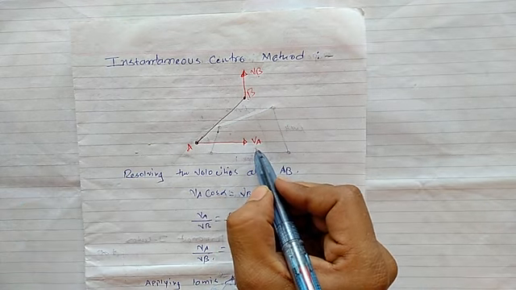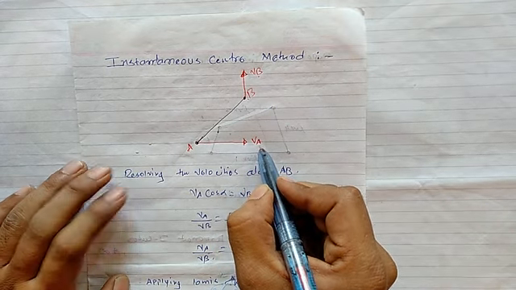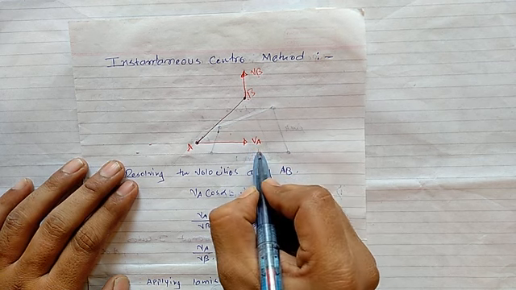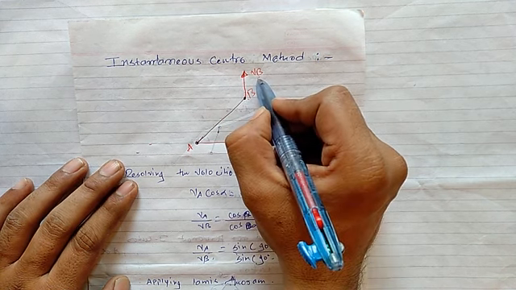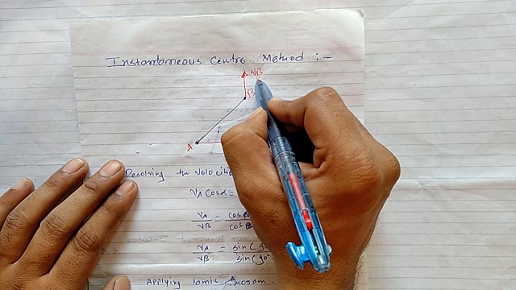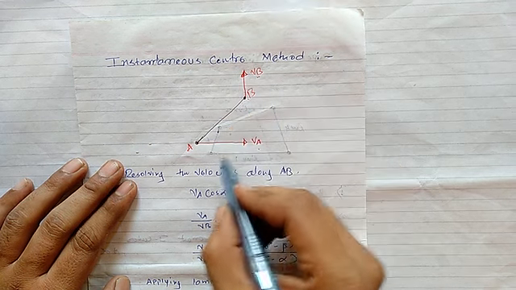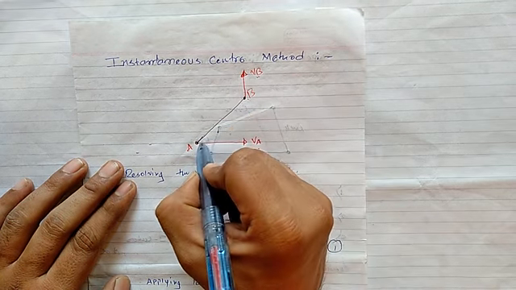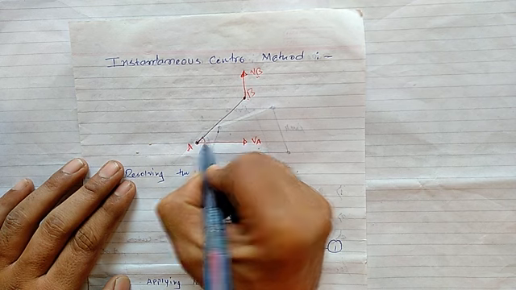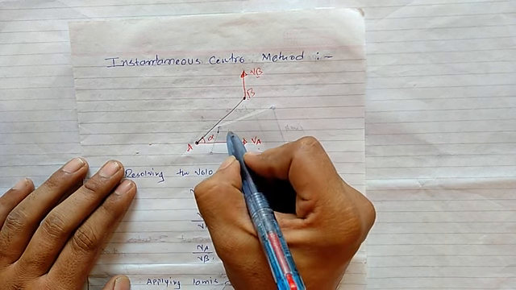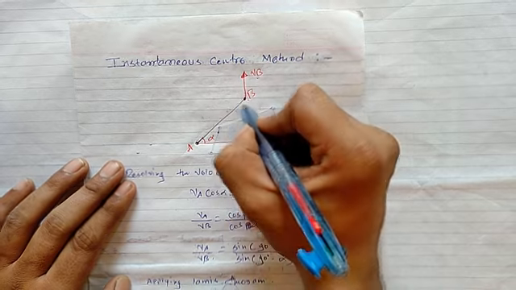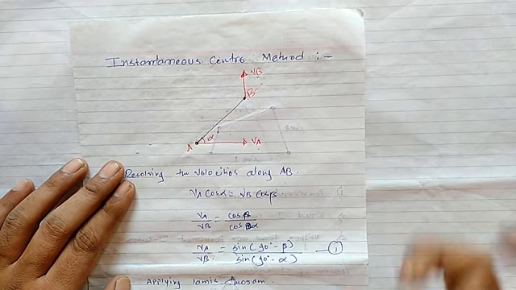So we have the magnitude and direction of VA, and we have only the direction of VB. How can we find that direction? This angle is denoted by alpha, and second, if I extend this line,